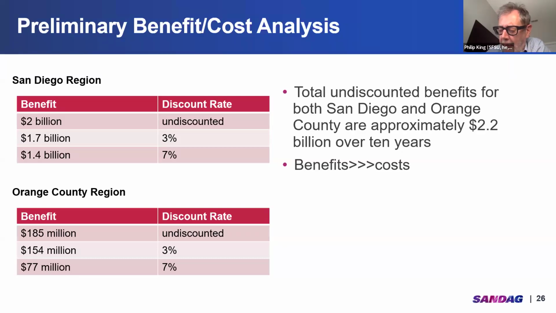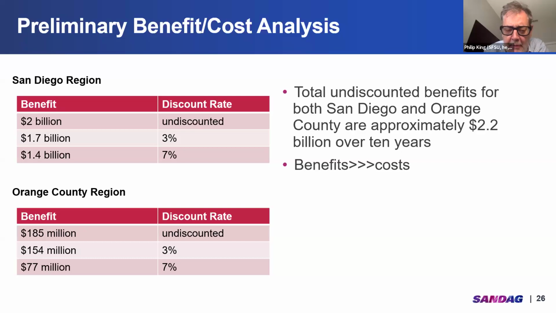When I look at these results, I think of what the astronomer Carl Sagan used to say, billions and billions, when he was talking about stars in the galaxy. Well, if you look at the results for the SANDAG beaches, it's billions and billions. You can see it's 2 billion if you don't apply any discount rate at all, but it's 1.7 with a 3% discount rate and 1.4 with a 7% discount rate. And this is over a 10-year cycle period. I know Greg mentioned different nourishment cycles for different beaches, but we applied a standard 10-year methodology here. So the benefits are much greater than the costs here.